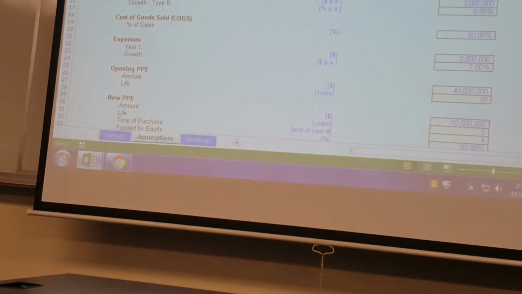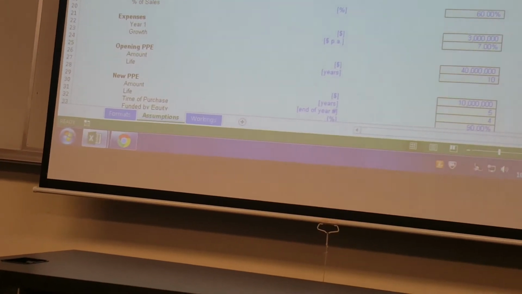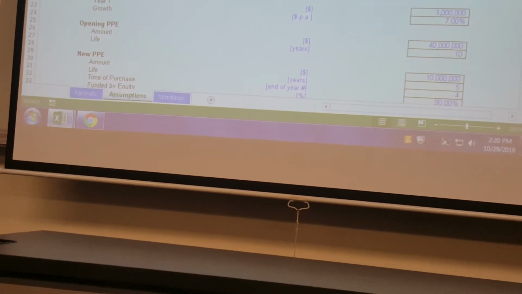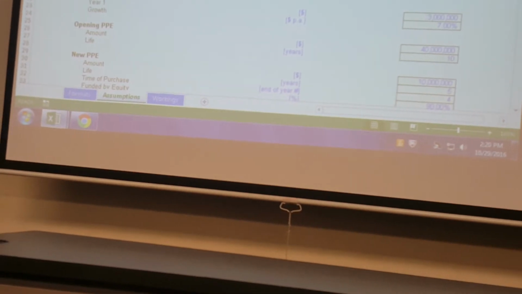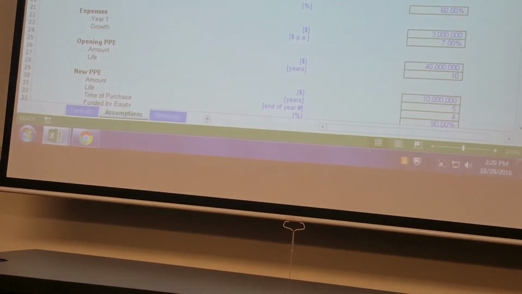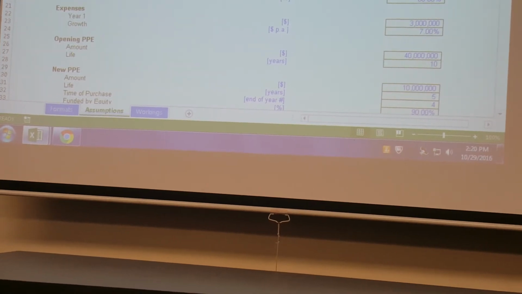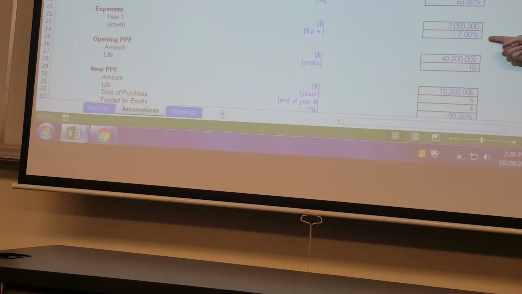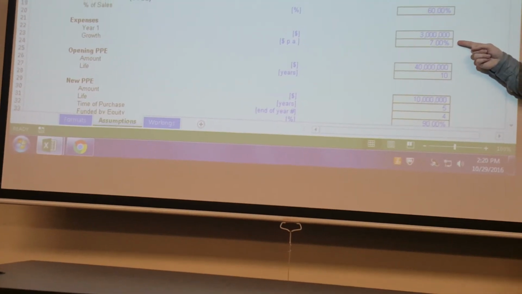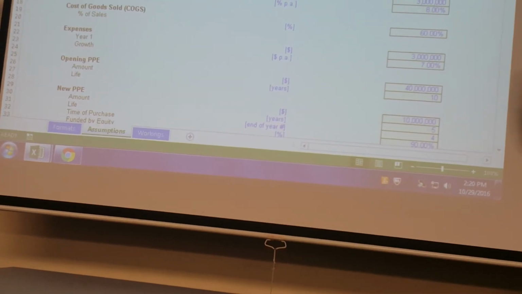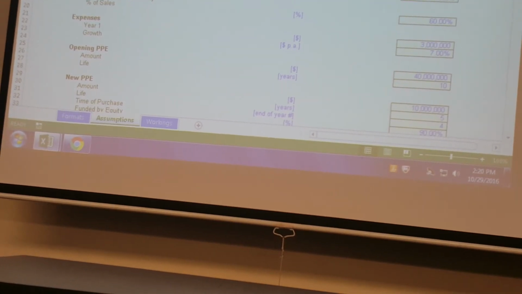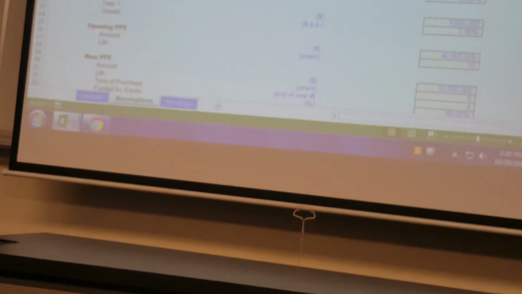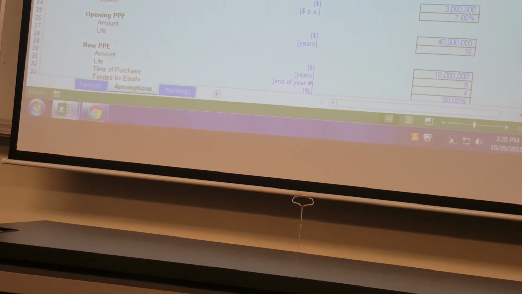Super important design principle is that these should be laid out and visible in a cell by themselves, typed in. That's step one. Step two, they should only ever be entered in one place. So in other words, if your expense growth rate is 7%, you don't put 7% on your assumptions page and then also type in 7% in your calculations. Just unbelievably important, because if you have